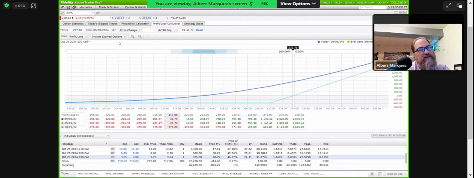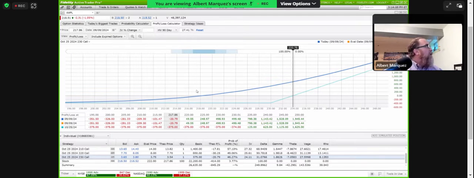Now, the nice thing about the profit and loss calculator, before we even jump into this, remember when I started off talking about the things that could affect the option premium? Of course, it's the movement of the underlying, but the other 2 factors that you have to consider when you're dealing with options, as opposed to stock, are time to expiration and that volatility level. So you've got to keep those in mind. The nice thing about the P&L calculator is it gives us the ability to do just that. We get to work with those 3 elements and determine how they would affect the price of our options. So let's go with situation number 1.